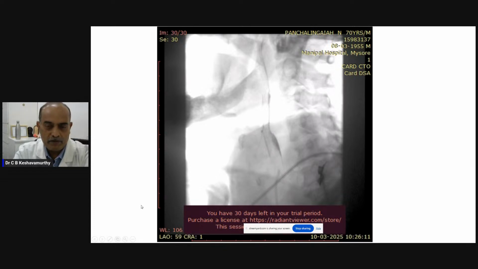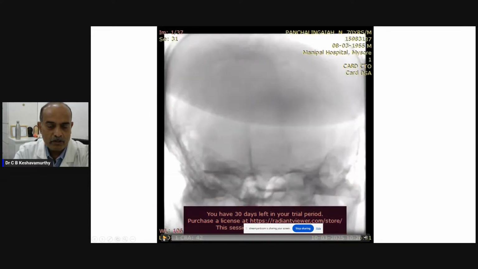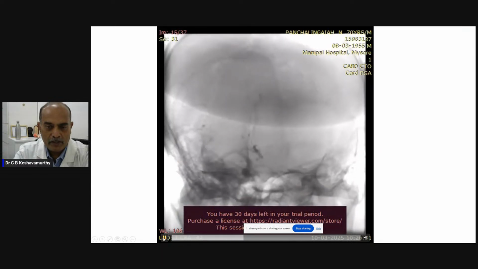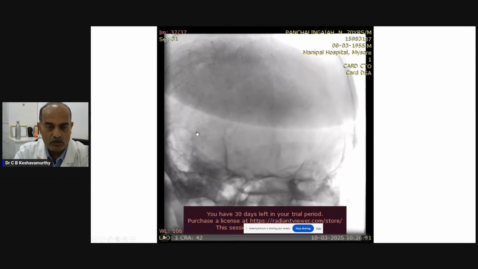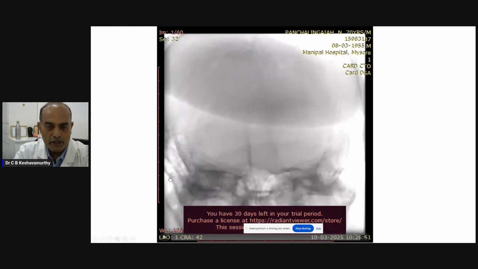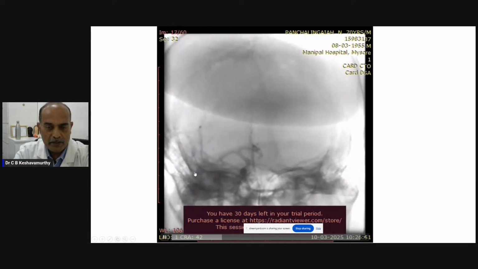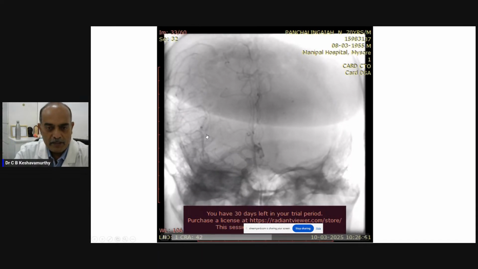Patient had a little bit of a pain in the temporal area, but his limb power improved. Patient was conscious and continuously talking to us. We keep the patients awake during carotid procedures. And if you see, the intracranial circulation is also pretty good with no major vessel occlusions. So this was the result of this particular case, particular intervention.